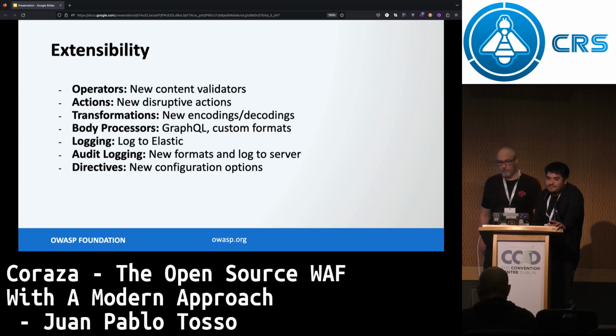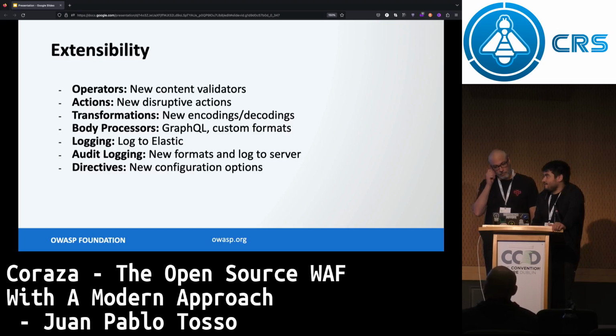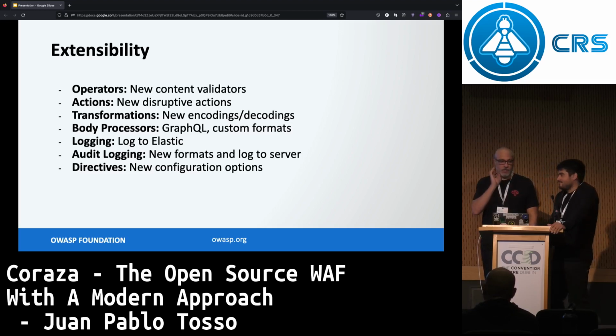You can create new actions with new disruptive actions. You could log to remote servers. You could add new transformations. You can create a GraphQL body processor. You could transform your audit logging into a direct connection to Elasticsearch. So the possibilities with Coraza are infinite, and implementing a plugin is just a few lines.